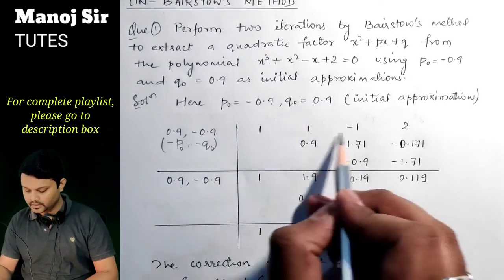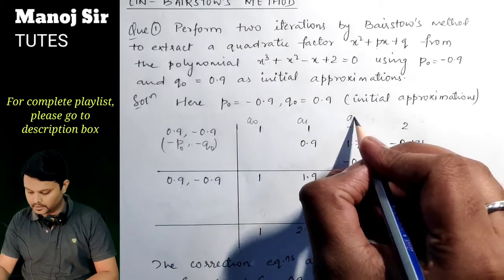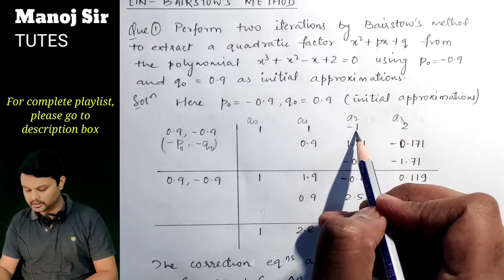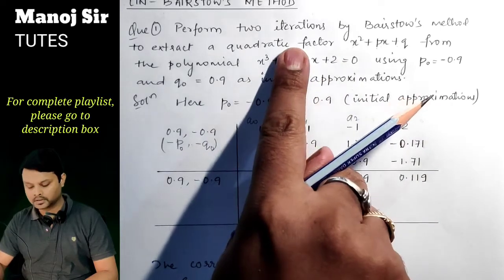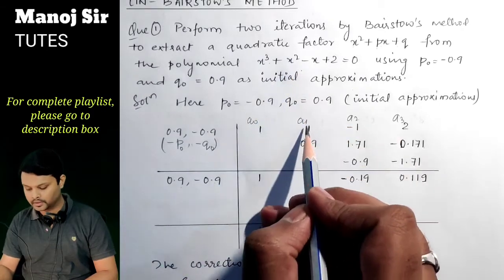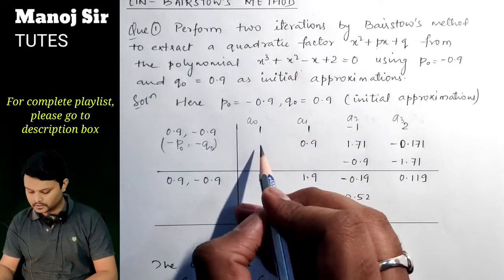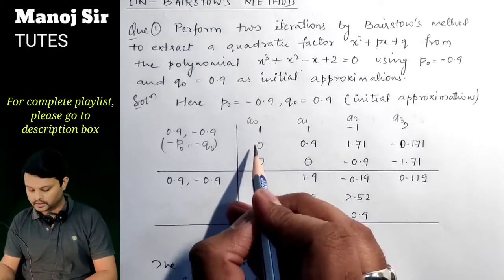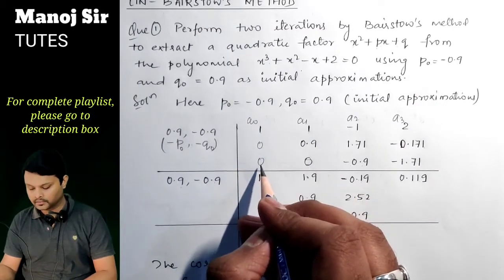Here the values of a, that is a naught, a1, a2, a3. This is the coefficient of x cube, this is the coefficient of x square, this is the coefficient of x, and this is the constant term. Suppose a term is not given, in that case we have to take 0. It means 0 into x square, so we have to put here 0, but here the coefficient is 1, so write here 1. Now write three zeros, here, here, and here, 0 0 0, in three different places.